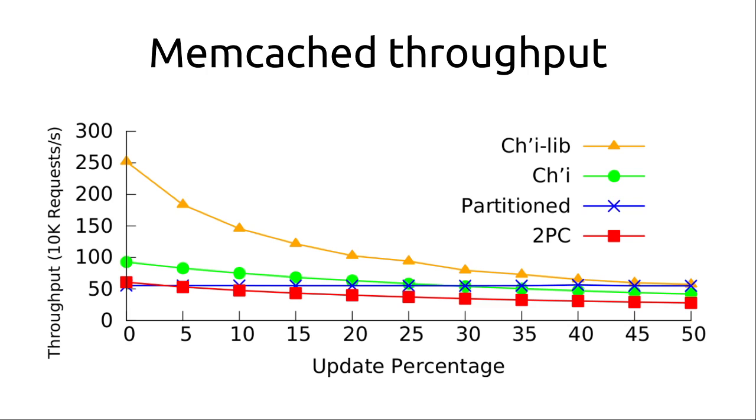Chi, when we don't trust the client with direct access to the data structure through a library and instead require a process for that, you can see the IPC overheads on the system are significant and take us from 250 down to about 100, and we go down from there. But this is a viable option for being able to store global policy and global data across all of the nodes while maintaining some consistency between them.